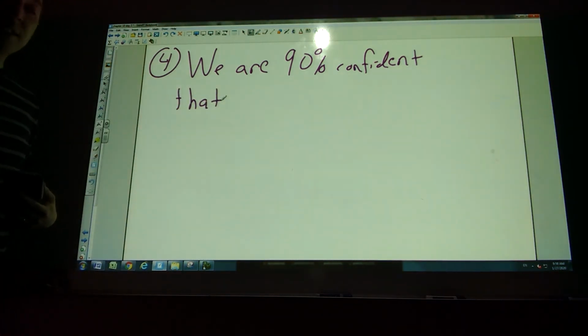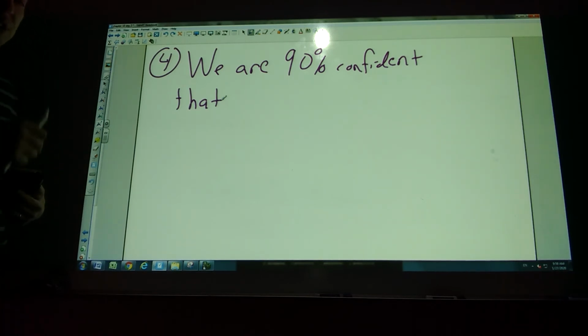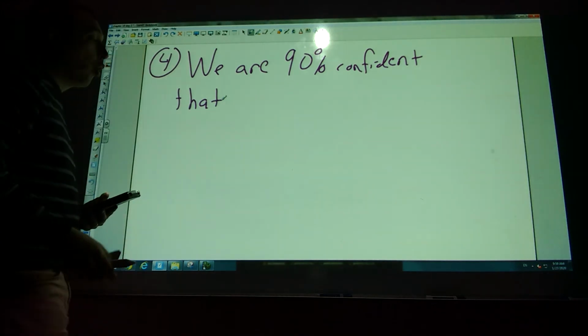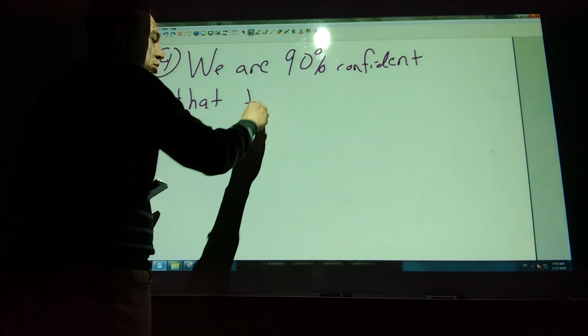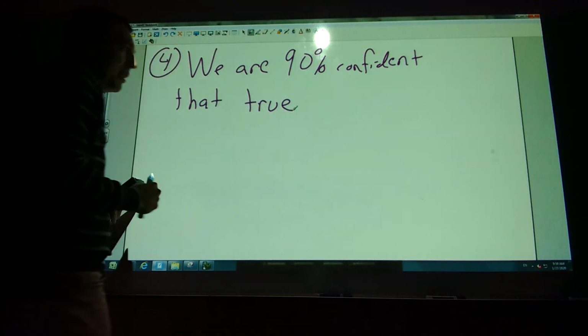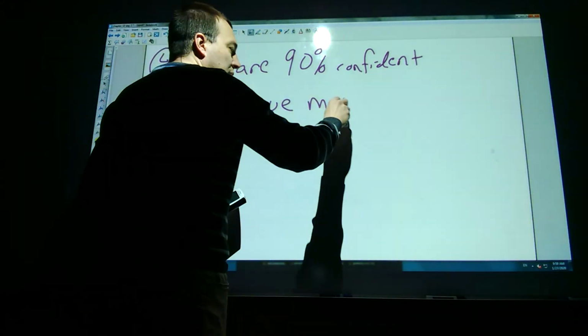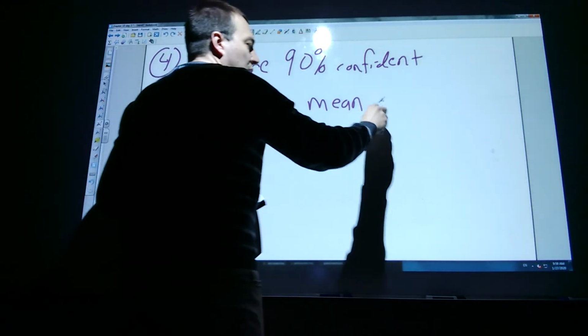We're guessing and making a prediction about the actual population mean. So you can write the word population mean, or you can say true. I'm going to use the word true. If you want to say population mean, that's fine. We are 90% confident that the true mean, and we have to use context, of